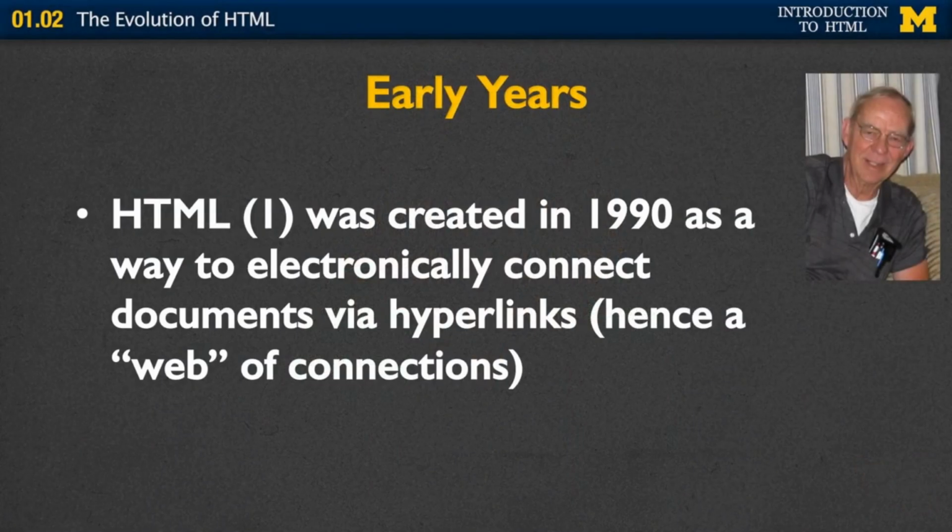So what happened to HTML1? Why are we using something called HTML5? Well, let's talk about the early years. HTML was created in 1990 as a way to electronically connect different documents via hyperlinks, hence this idea of a web of connections. What was happening is that scientists were using the internet to list their different research papers, and you would have a long list, each paper independent of the other. But HTML gave you ways that you could read a paper and right within the text link to another exciting